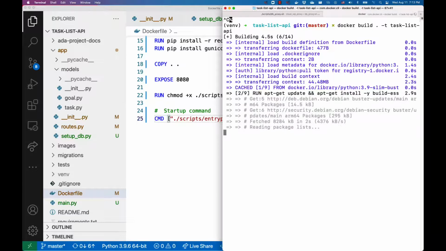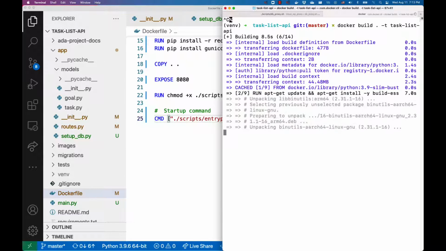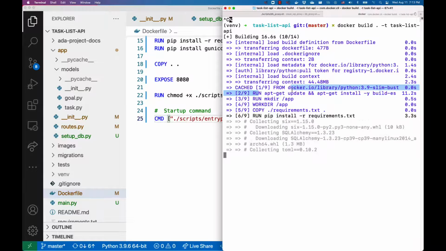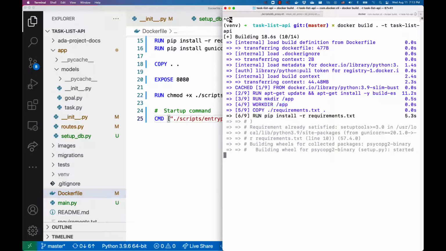So it's pulling the 3.9 Slim Buster. So it's downloading that from the internet. When you do run this, you might as well go get a cup of coffee. It'll take a few minutes. And now if you look, it's doing the other commands. It's installing things, running pip install,